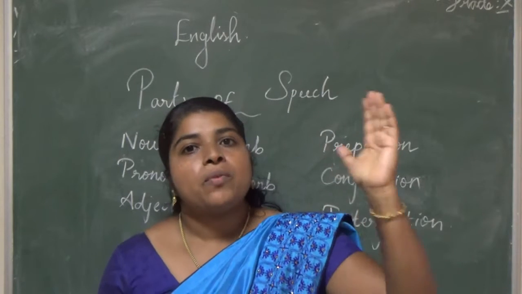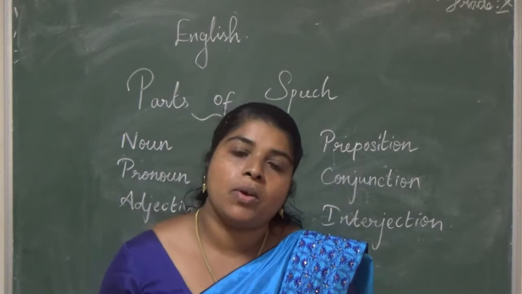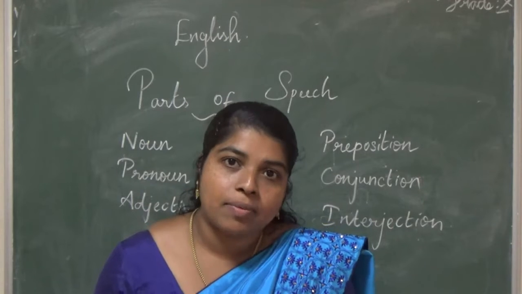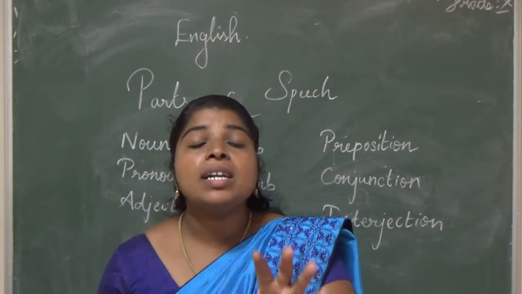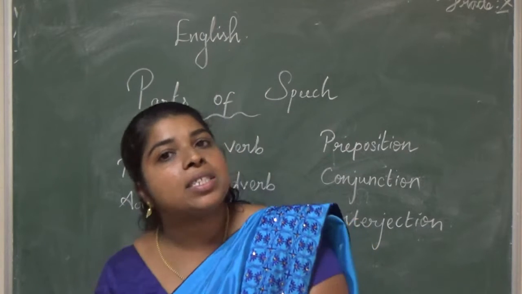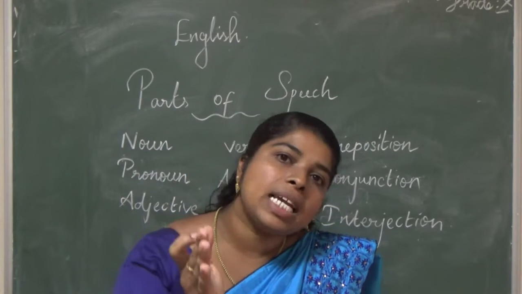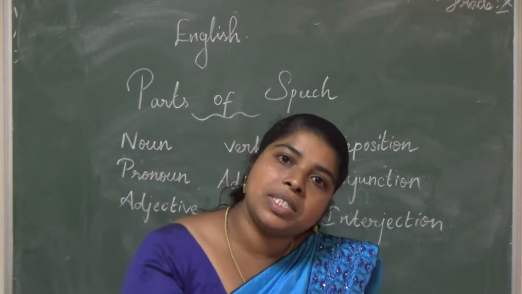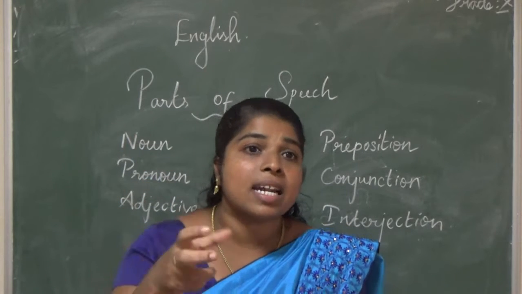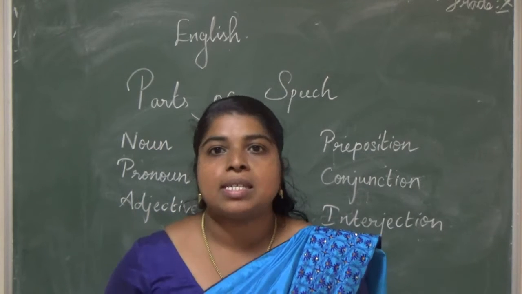So first we said you have to differentiate between adjective and adverb. Adjective is a word that will describe a noun, the person, the action doer. But adverb will describe the action. Got it, children? The difference between adverb and adjective? Yes, you got it. So now, Ram is an intelligent boy. There, intelligent is an adjective. Ram writes neatly. There, writes is the verb, and neatly is describing how did he write. So it's an adverb. Got it, children? The difference.